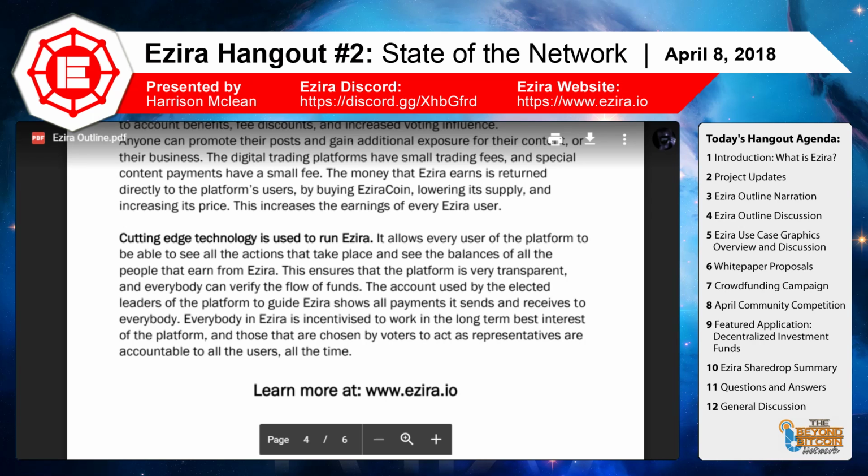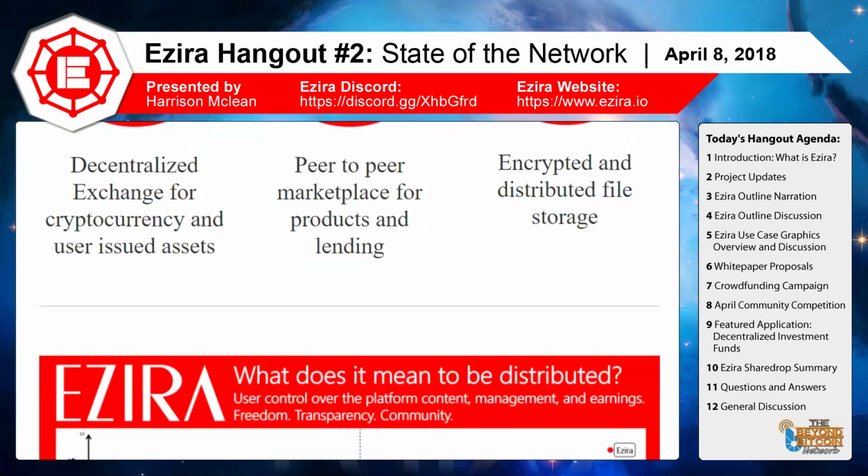And you can learn more about Ezira at www.ezira.io. Then we can see the project roadmap from February 2017, when the project was first announced on Steem and Bitcoin Talk, right through to the planned first annual election in 2022. You can find Ezira on all major